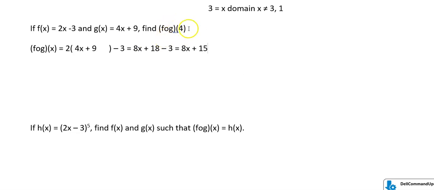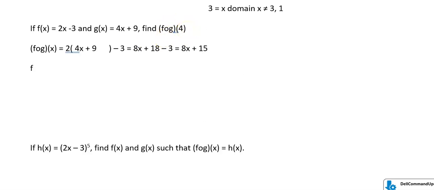Now, to find f composed with g of 4, let's just replace our x right here in the answer we got with a 4. So 8 times 4 plus, I'm sorry, plus 15. I don't know why I said 3. That gives us 32 plus 15, which is 47. All right? So we really just find the composite function first, and then we plug in whatever our x value